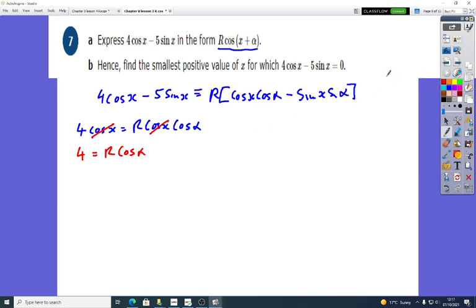Likewise, I do the same thing and match up the sines. I get minus 5 sine x equals r times all that, so that's minus r sine x sine alpha. Get rid of the negatives, get rid of the sine x, I'll end up with 5 equals r sine alpha. So that's what I was saying before. You get these matched up,